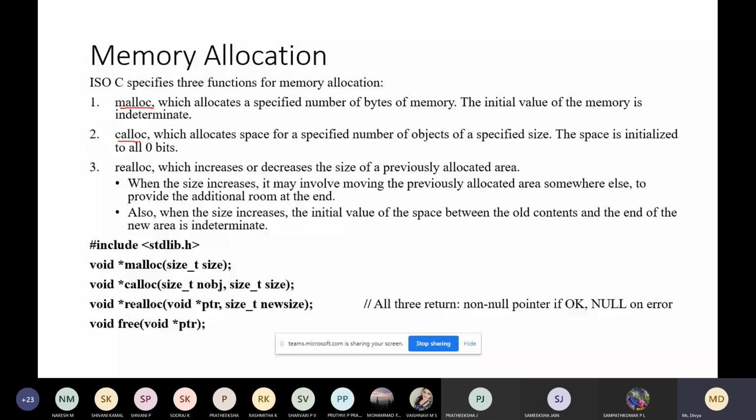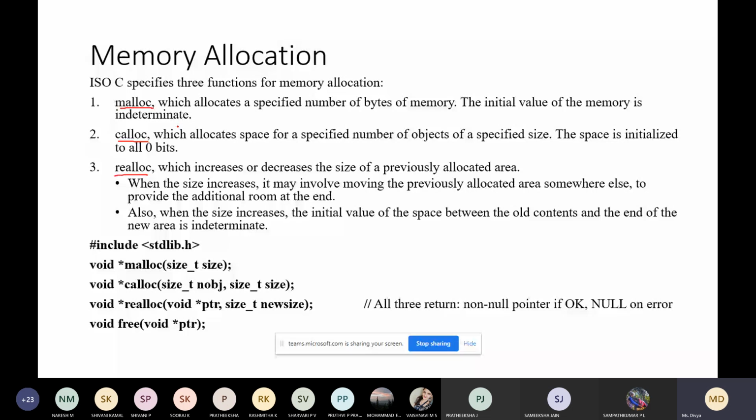So what does malloc do? Malloc will allocate memory space. It allocates the specified number of bytes of memory. It will allocate the space in memory, and the initial value of the memory is indeterminate, so it will have some dummy values. So malloc is used for allocating memory space.